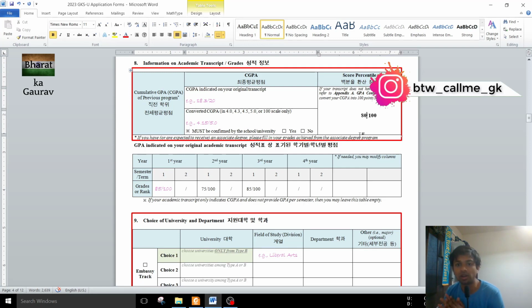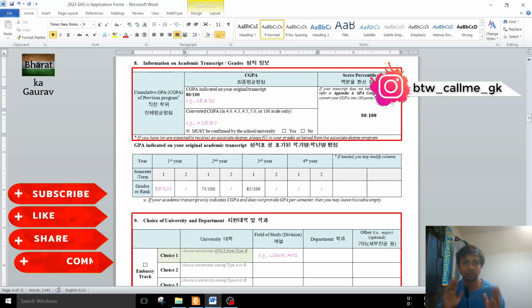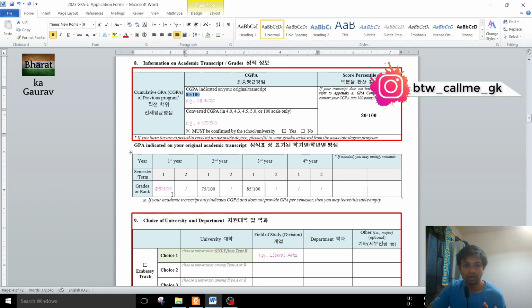In the first case, everything is more than 80. You just calculate your average. You just write your marks here. Okay. And here also you can write 80 by 100, like the average of all the marks. So here you are writing class 11th, class 12th, like that. And maybe here you can